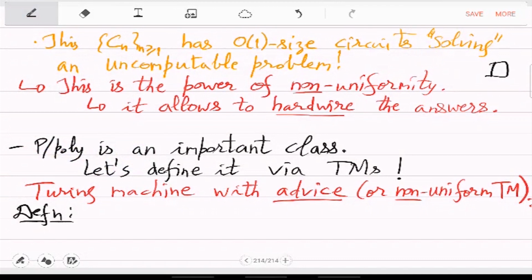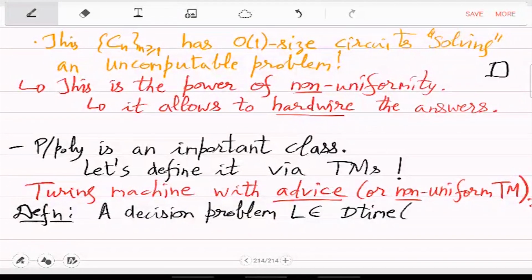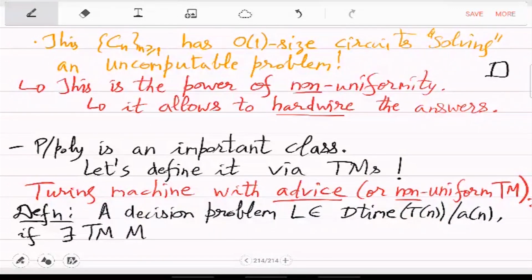So, a decision problem L is in DTIME(T(n))/A(n) if there exists a Turing machine M such that for all inputs x,